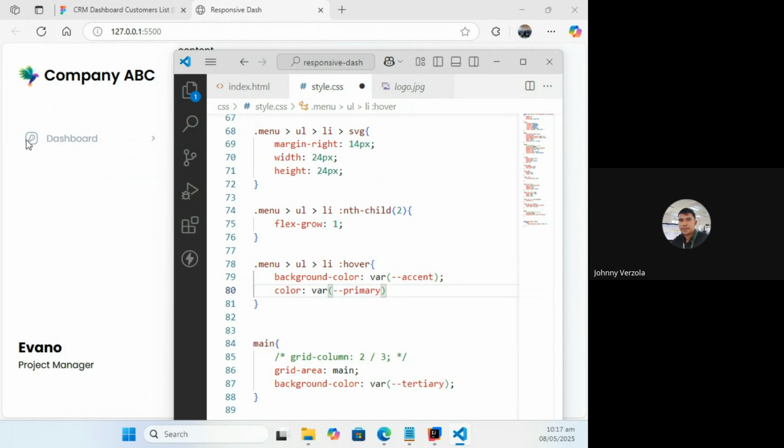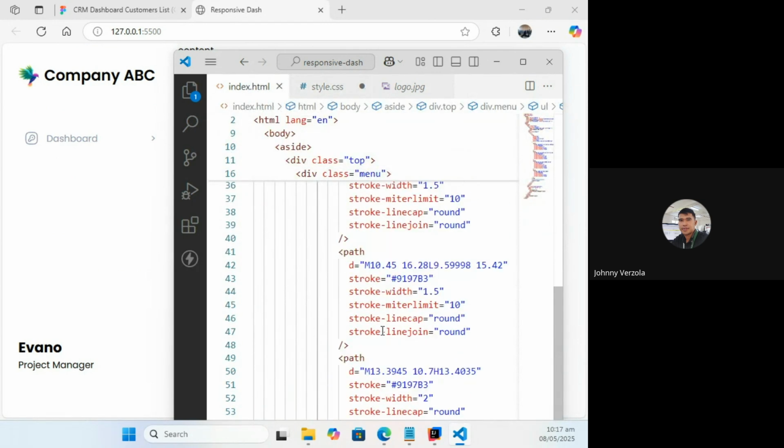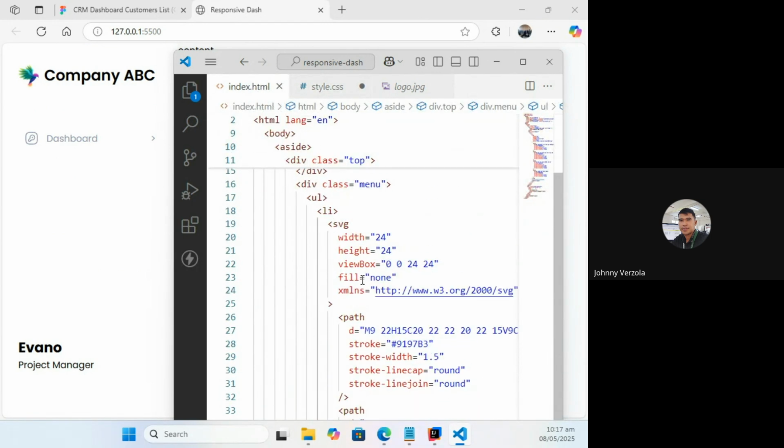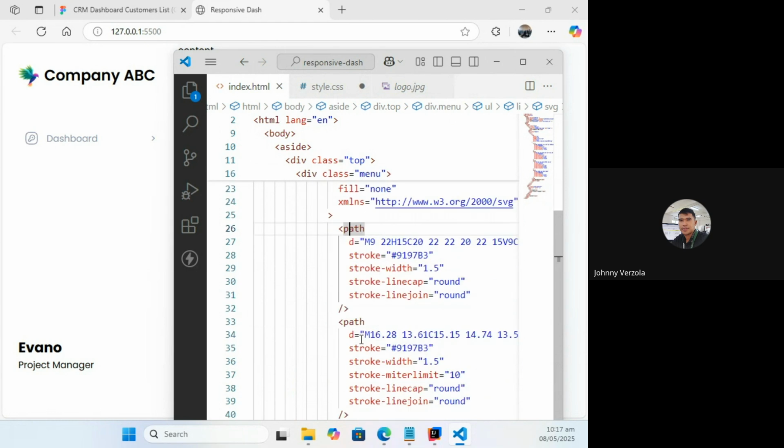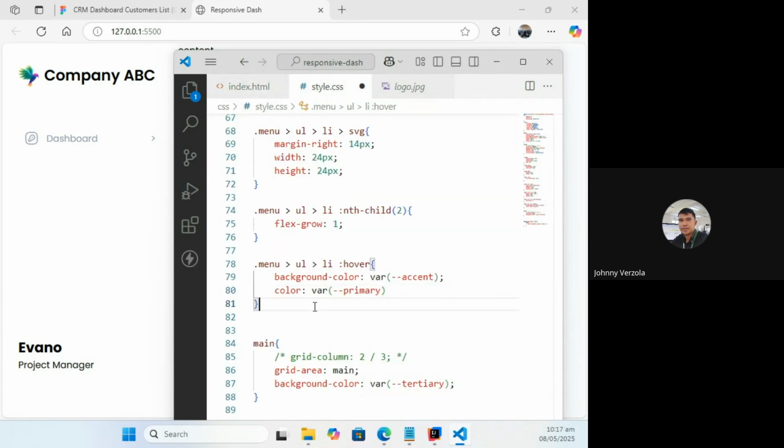I want to target also the SVG. I want to change the stroke color. As you can see, to get the stroke color, I have to refer to the SVG path or SVG. Every path, I'm going to change the stroke of them. Since there are so many paths in there, I'm just going to use the asterisk. So this is how you can do it.